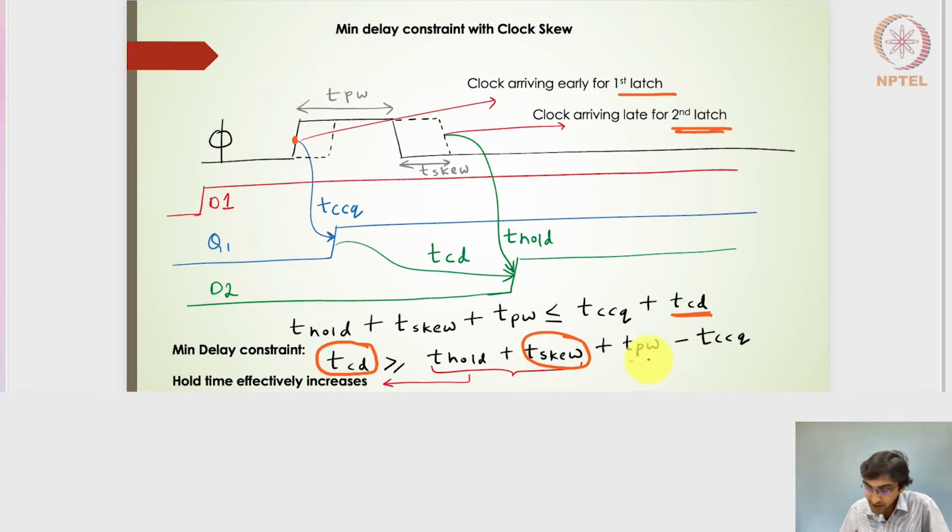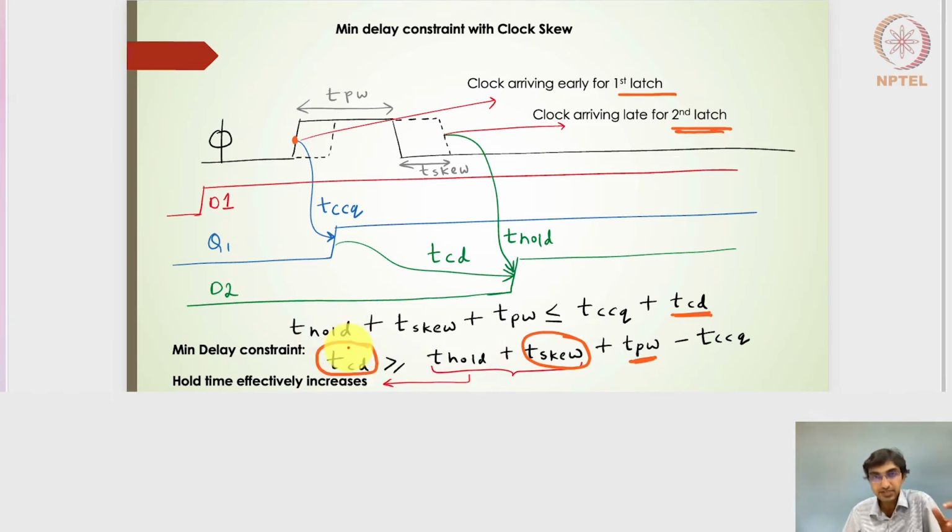Right. With the TPW also, the TCD value will be increased. So if I consider the pulse latch with respect to the flop designs, the flop design doesn't have this TPW parameter. And so my TCD that we'll design for the flop designs, and when I compare with the TCD when we use it for the pulse latch designs, we will not have this TPW parameter. And thereby, for the flop designs, the TCD is much more relaxed, whereas for the pulse latch, the